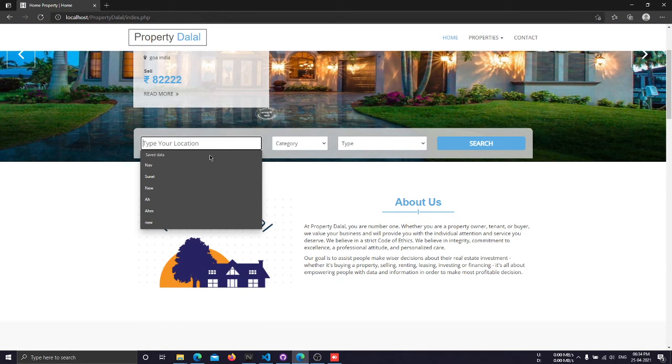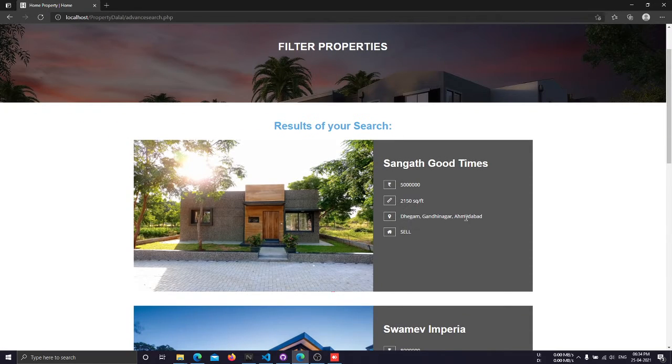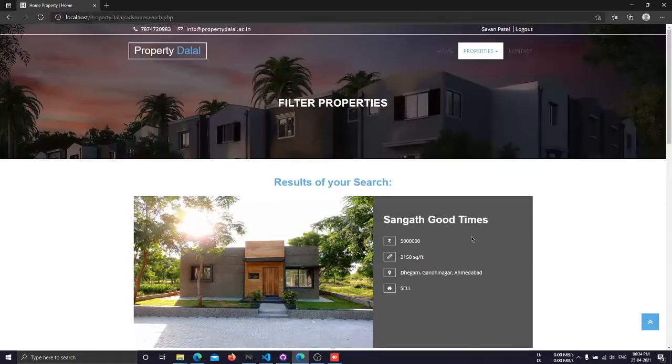The user can also search all the properties. So let's say the recent property we added was from Surat. What if we search, let's say, Ahmedabad. The string is not complete, Ahmedabad, but it is a substring. So if we go to search, then it will give us all the properties containing the substring Ahmedabad. So it can also be done here.